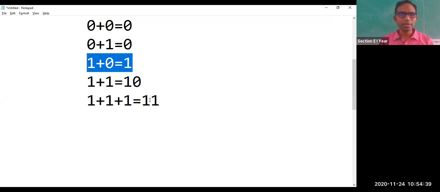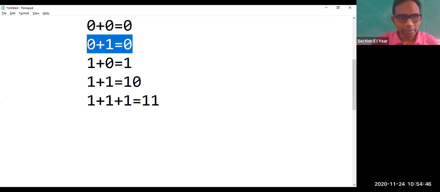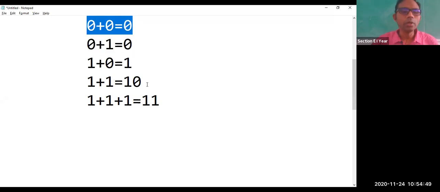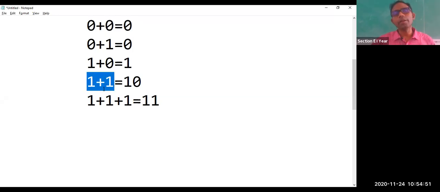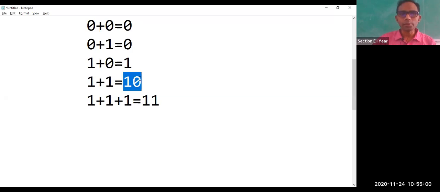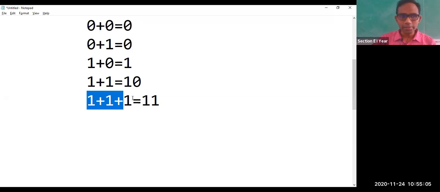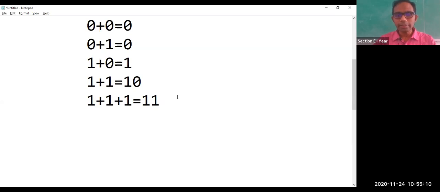Nothing to feel worried. So 1 plus 0, you are going to get result 1 in a binary number as well as in a decimal number. 0 plus 1 equals 1. 0 plus 0 equals 0. Now coming to addition of 1 plus 1. Here in the decimal number system, we are going to write 2. But coming to 1 plus 1 in the binary system, it is 1, 0. The result is 1 and a 0. Suppose you are adding 3 ones, 1 plus 1 plus 1. Then what will this be? This will be 1, 1 again.